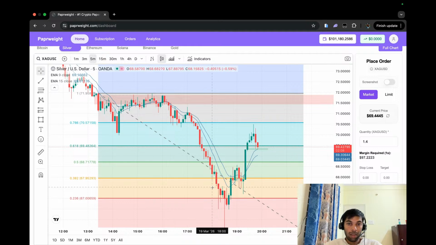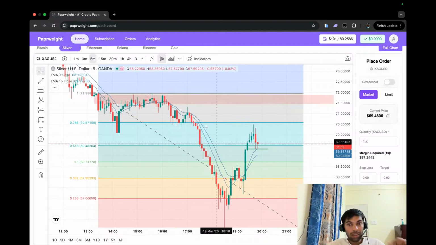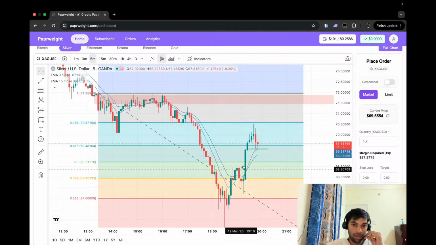Right now the market has crossed the 61% mark. That means the buyers are in dominance right now over the sellers. The market took a rejection from here, like from here 78%, and right now it is trading at